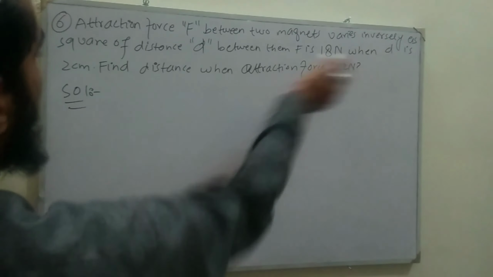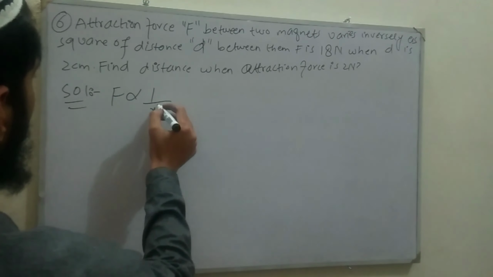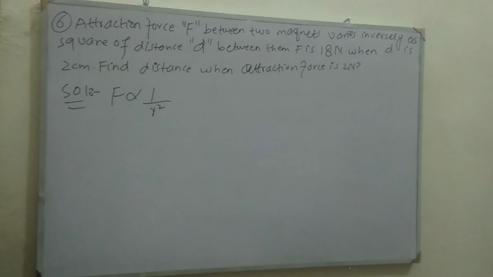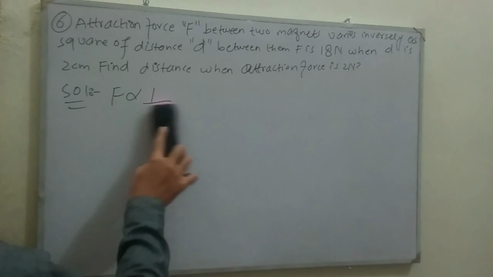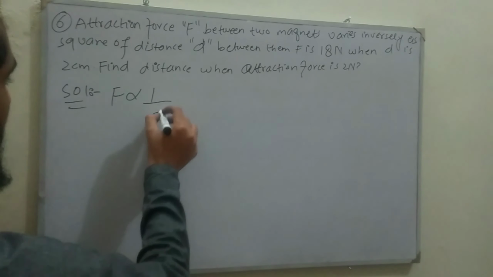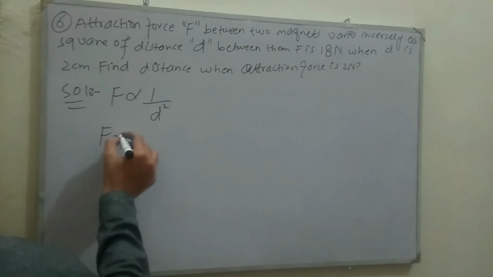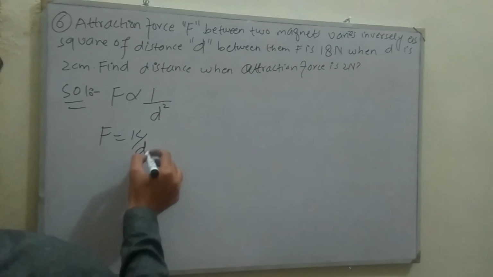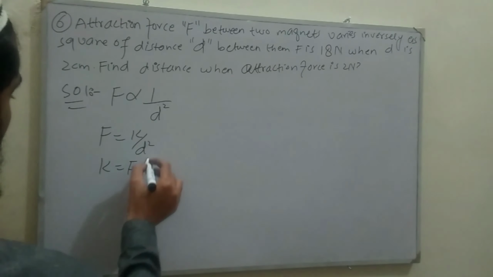Force is inversely related with the square of the distance. Let's take d here, not r, because the question already tells us that the distance is d. So force is inversely related with d square. Removing proportionality, we bring in the constant: F is equal to k divided by d square. Shifting d square to the left hand side, it becomes k is equal to F d square.